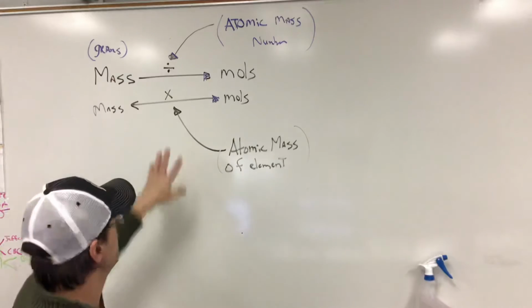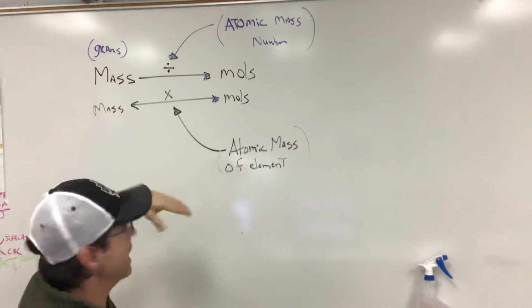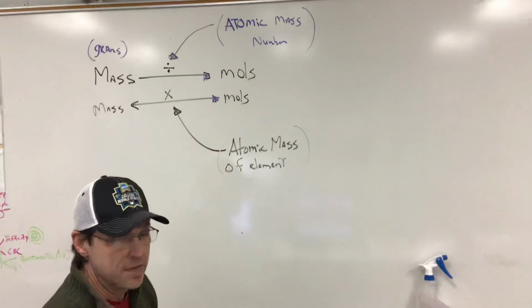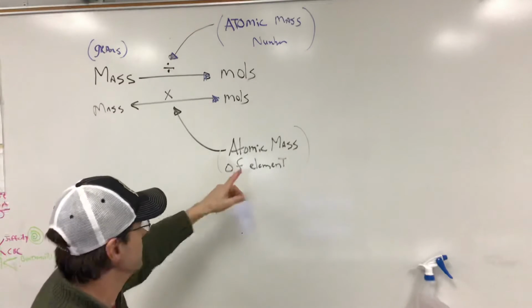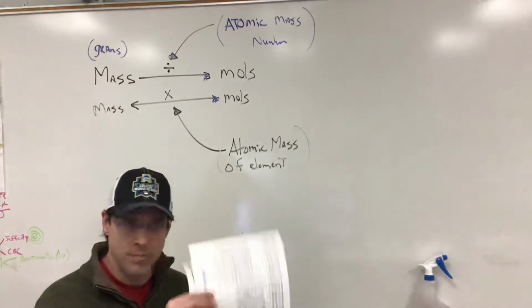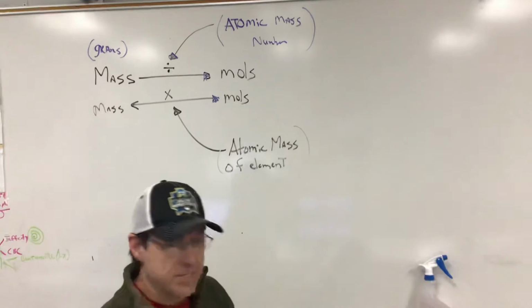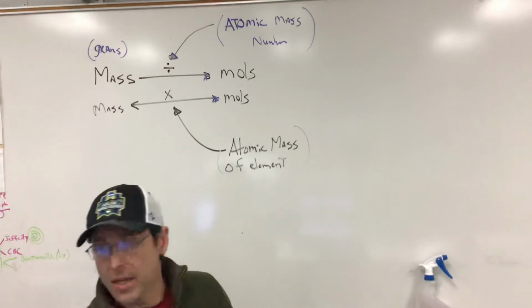You can just freeze the screen, zoom in, see it. Okay, I remember that. Mass to moles, divide, moles to mass, times. What I divide by or what I multiply by is the atomic mass number of the element, and then I just look at my periodic table, okay? All right, so what I posted up there for you is, and I explained it to you also in Schoology,